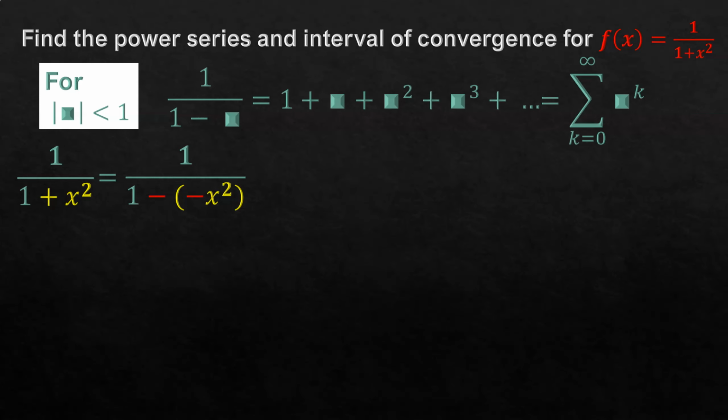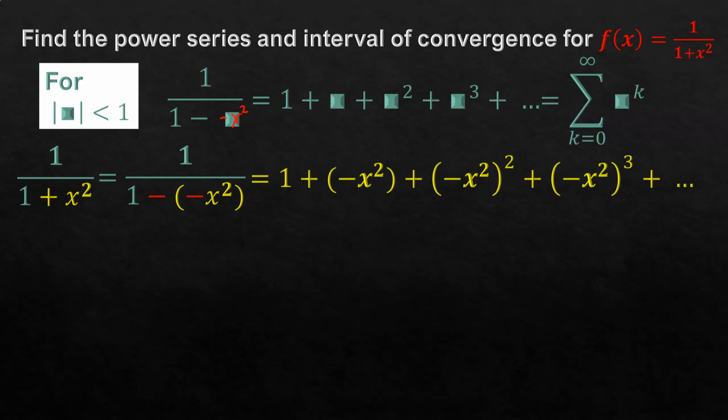So then our blank is negative x squared. That is our blank, right? So when we substitute that in there, we will see that an odd exponent is going to stay negative. An even exponent is going to turn negative into a positive. So we will observe that our series has an alternating nature to it, and the exponent will be just the